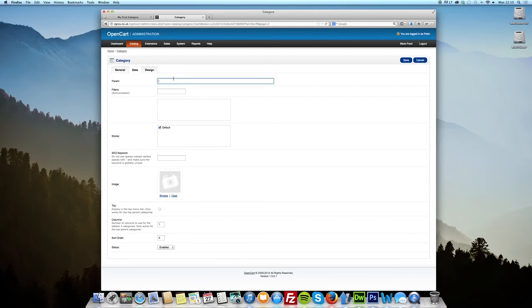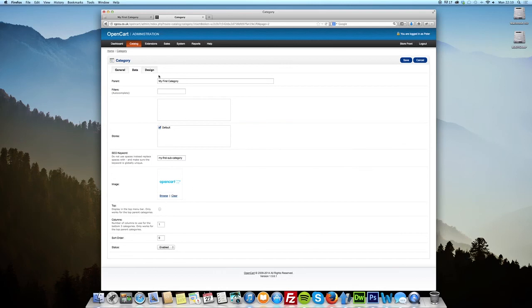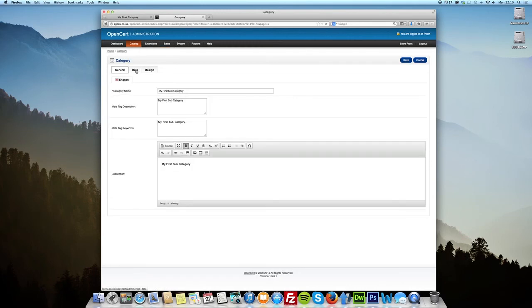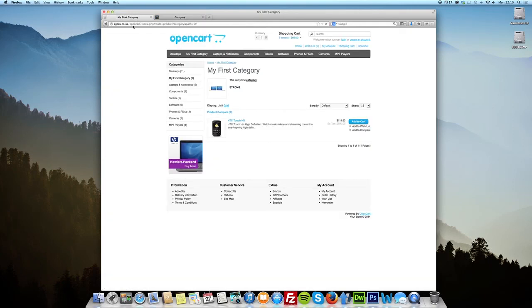Now this is going to be a subcategory, so you need to select a parent category. To do that, just type in this parent category, my first category. I'm going to put in a SEO keyword. I'll put in an image as well, just for the sake of it. Now I don't need to select top because the parent category is already on top. I don't need to actually add this one to the top, it should do it automatically. So if I click save and then just reload,